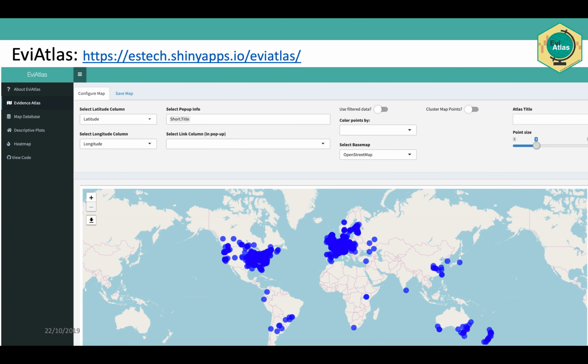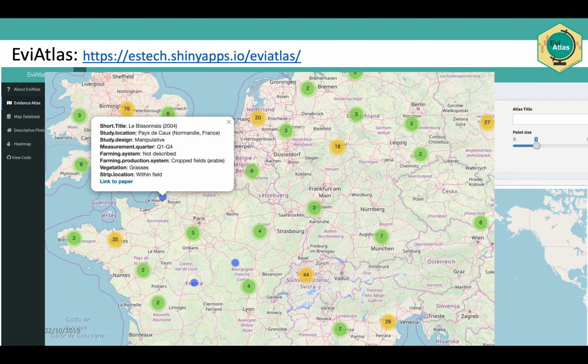And once you've done this, you can save your map, and you can save your map either as a static visualization, a static picture image file, or as an interactive HTML. If you save it as an interactive HTML, when you download that HTML file contains all of the information that allows people to zoom in, click on the study, and see all of the information that you have set in your default view. It's then very easy to put that HTML on a website, to embed it in an iframe, if you're familiar with HTML,